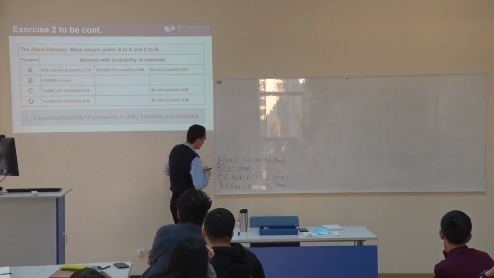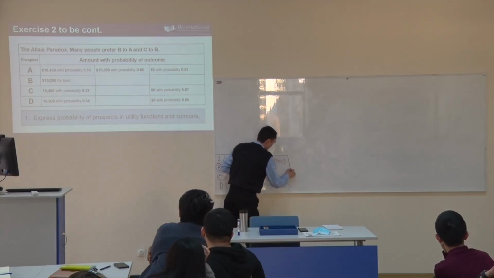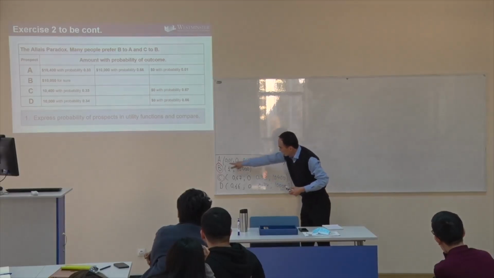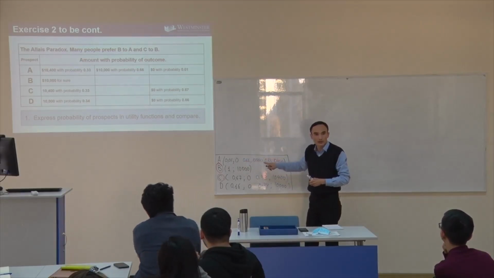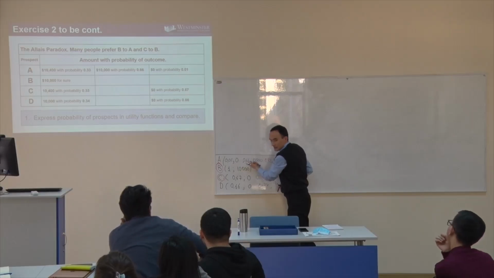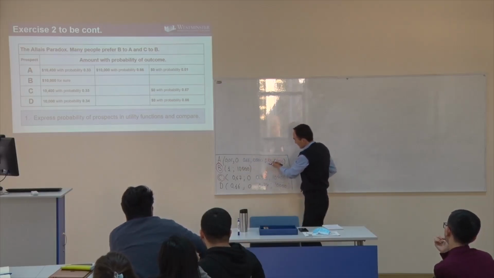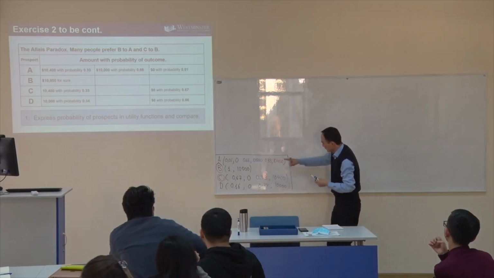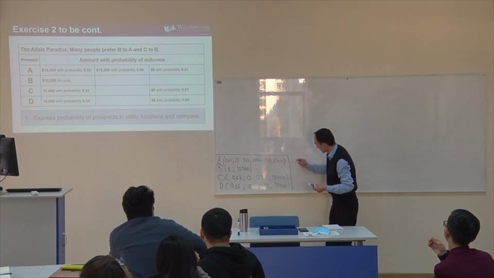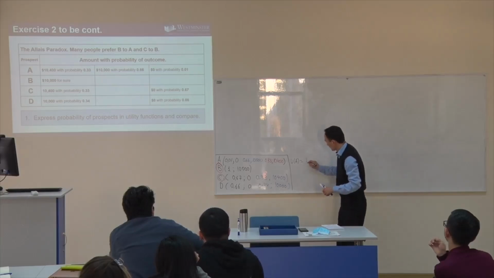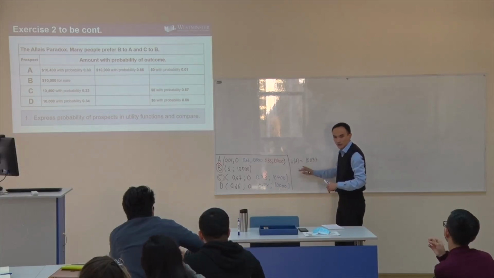So now I'm not going to erase this part because we will need it many times, all right? So look, if we are going to calculate expected utility, you know how to calculate expected utility now, right? So now we have to multiply 1% by 0, plus 66% by 10,000, plus 33% multiplied by 10,400. If you calculate this, you will get that the expected utility for prospect A is going to be equal to 10,032. You can do those calculations, okay?